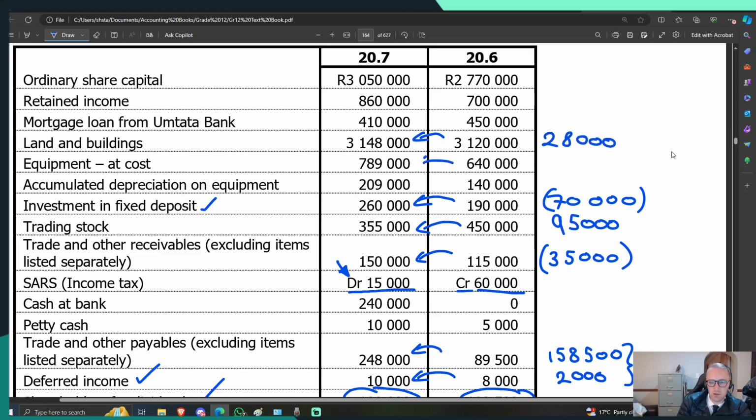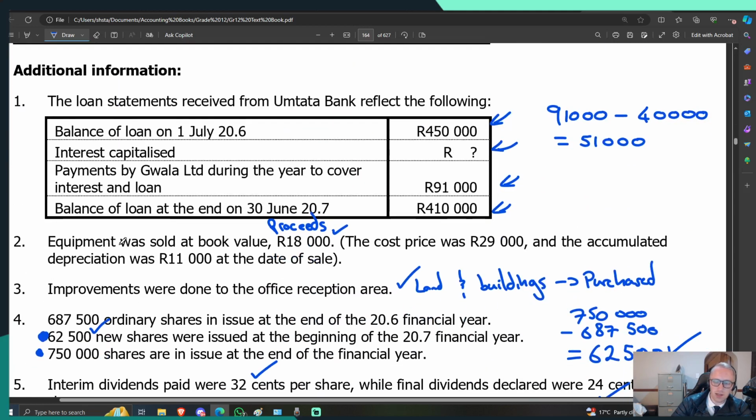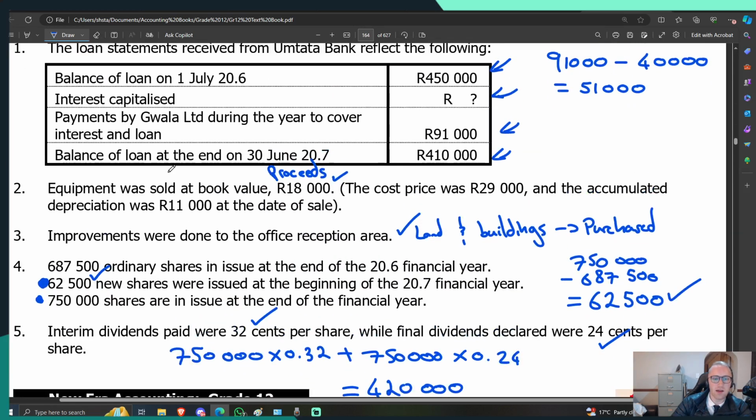Equipment, did it increase or decrease? It increased by 149,000. However, that could be a mixture of both purchasing and selling. Let's see if we sold equipment or anything this year. We did sell equipment. We sold it at a book value of 18,000, but the cost price of that was 29,000. So when we are looking at how much equipment we bought, we have to minus 29,000 from our changes